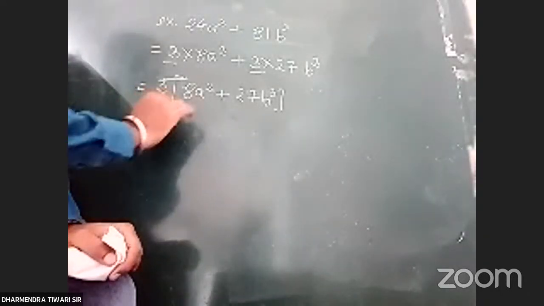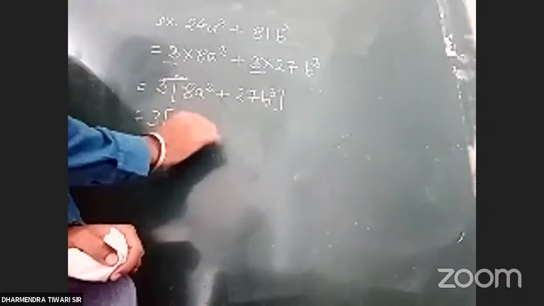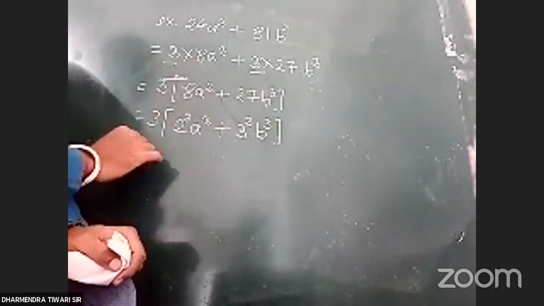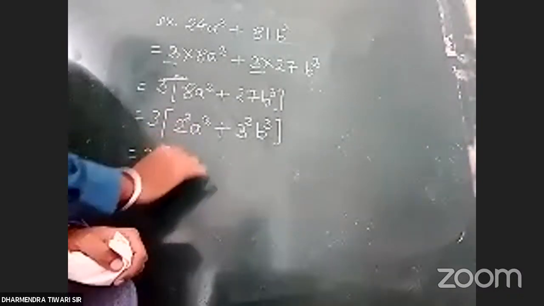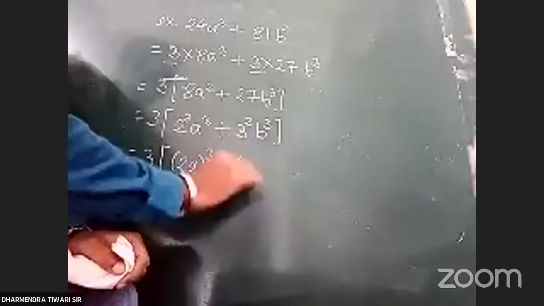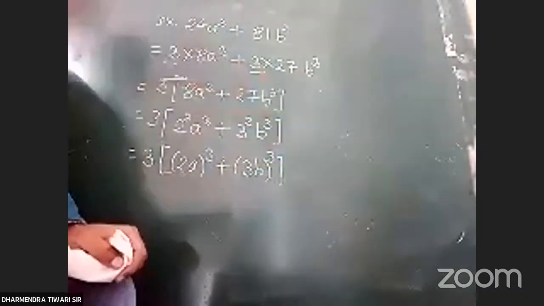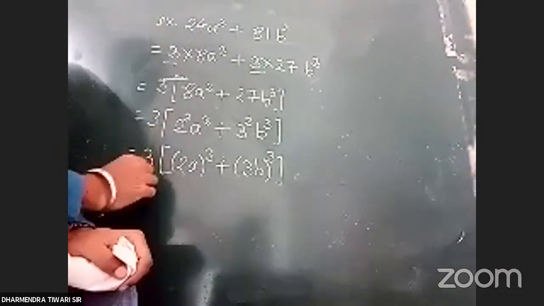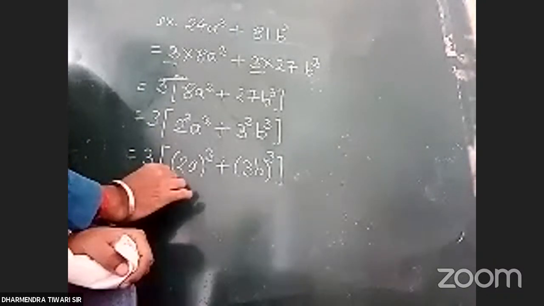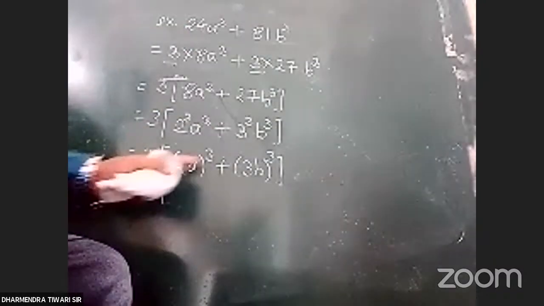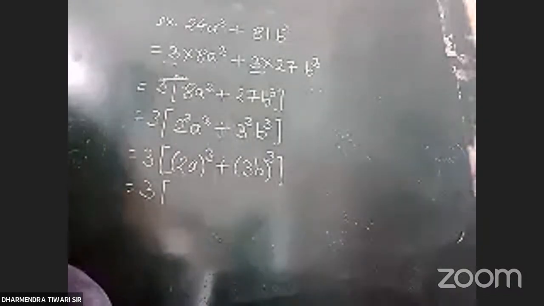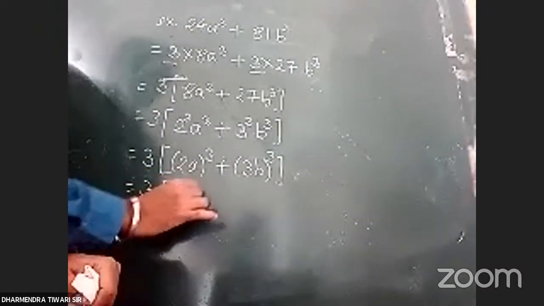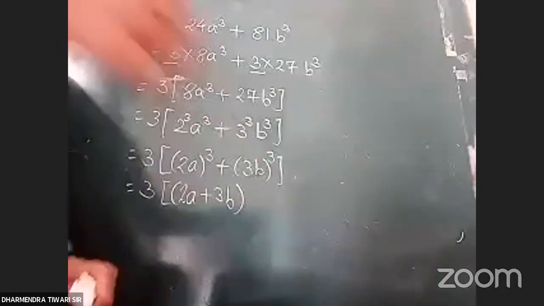So you can write this as 3 into (2 cube a cube plus 3 cube b cube), and this is 3 into ((2a) cube plus (3b) cube). Now you can apply the formula. What is the formula? a cube plus b cube. You know the formula. So I'm writing things in a square bracket as we have 3 outside. So this is (2a plus 3b),